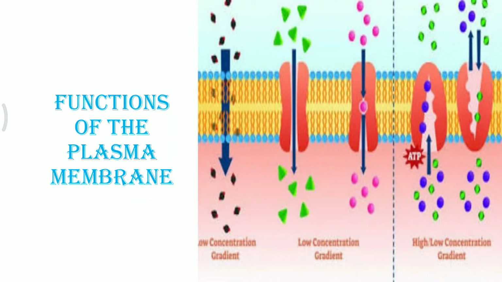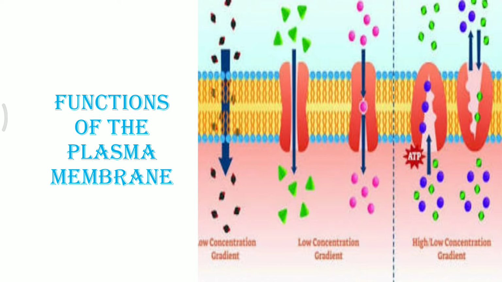There are various functions of the plasma membrane which we already have an idea about. But today we are going to discuss in detail some of the processes which take place in the cell's plasma membrane, and they are helpful in the conduction of various particles in and out of the plasma membrane. So first of all, we will be looking into details about the various processes which occur in the plasma membrane.